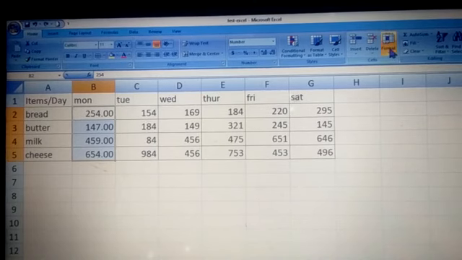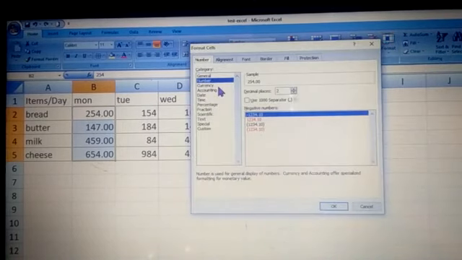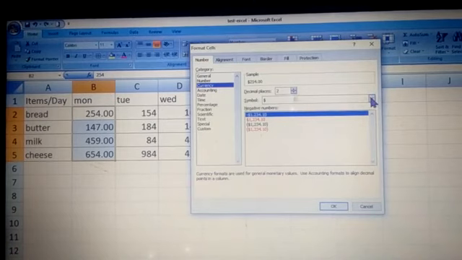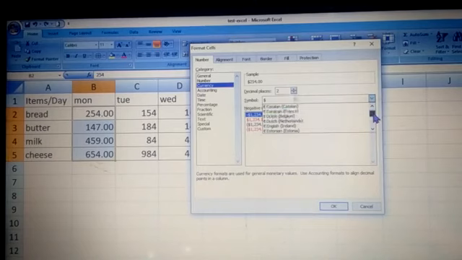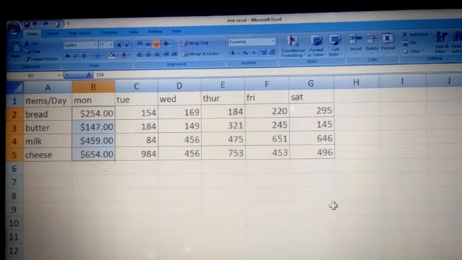Even you can make different changes. It should be in currency, which currency you want. You can choose the symbol also, like dollar symbol is there, then all these symbols of currency are here. You can choose from here. Whichever currency you need, you can choose. Like right now it is dollar. Let's go with the dollar and see what changes it will show. See, so if you want to mention a price, you can do that from here.